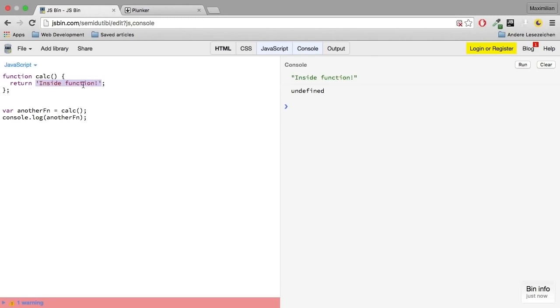So I'm returning this string here, and then I'm assigning this returned value to another function, which now isn't a function, so maybe I should name it returned to make this less confusing. So returned is now what this function, calc, returns, which again is this string. So now if I print returned, what do you think we'll see? Well, of course we see inside function, because now I'm printing what this function returned to me, which is